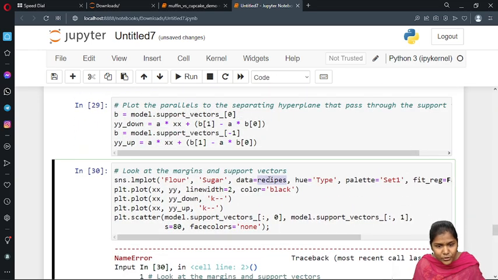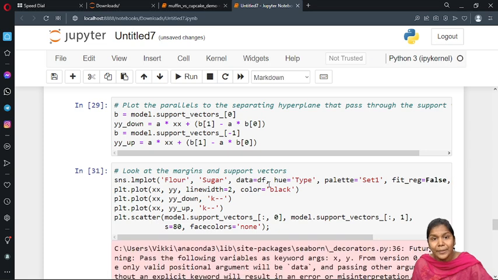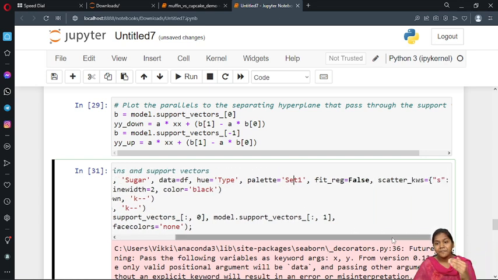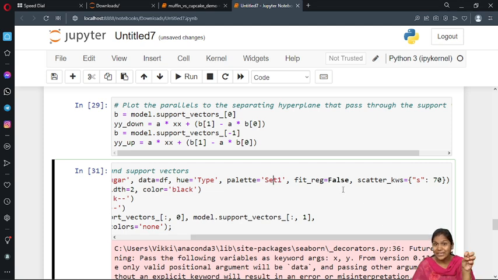Here instead of recipes I have to give df because I declared my input variable as df. Okay. So SNS is Seaborn. I am plotting the data in lmplot which we have learned in our Matplotlib library, right? So taking the columns as flour and sugar column information, data considered from df variable, hue that is nothing but my output data, that is type column is my output. Okay. Palette taken as set1 axis, fit regression all the false elements to be eliminated, scatter kws where I am